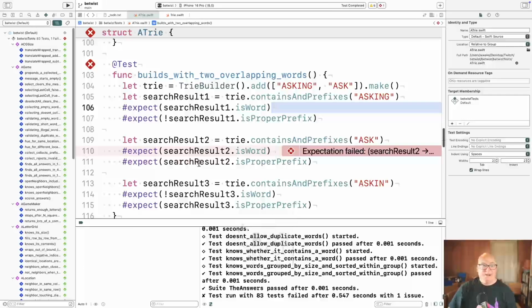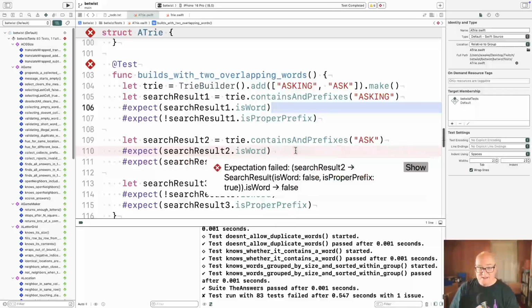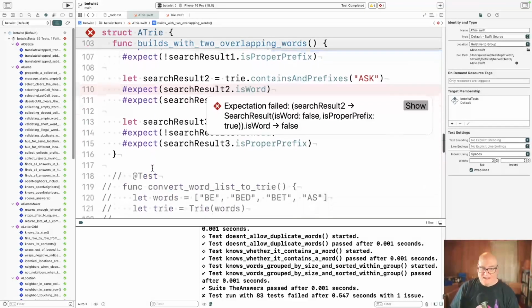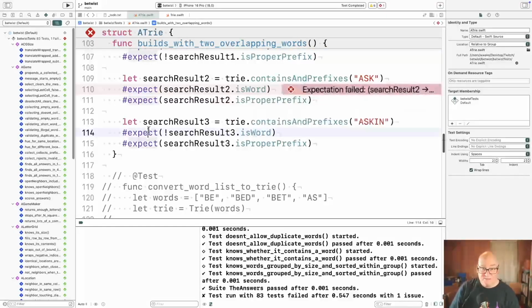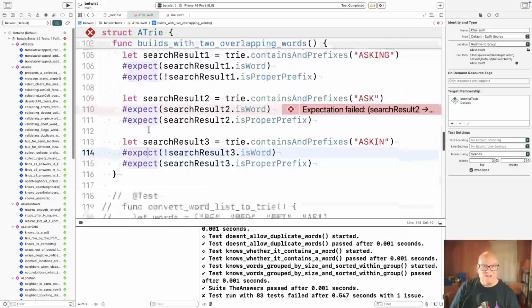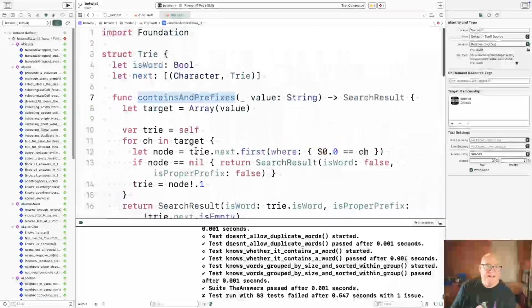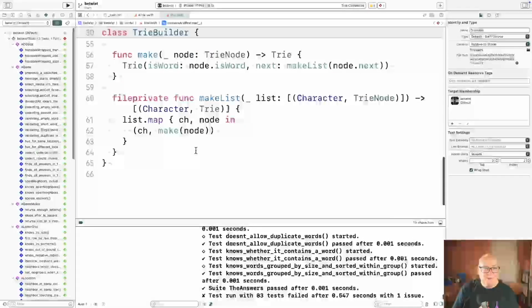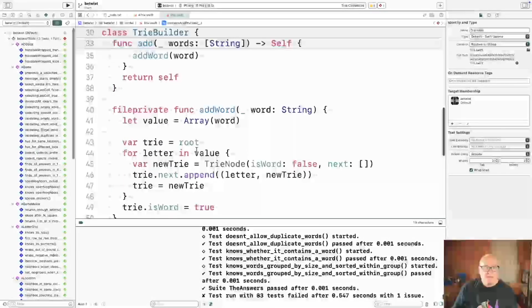What do I know? Oh no, that is right. That failed. Okay, so is word false fails even though we put it in there. And it didn't blow up on any conversions or anything, so that suggests I'm understanding my data structure a little. All right. And where that's going to be a factor. Okay, so here we